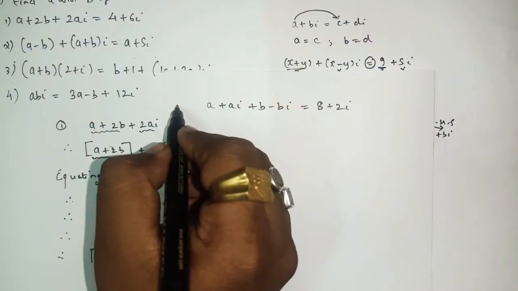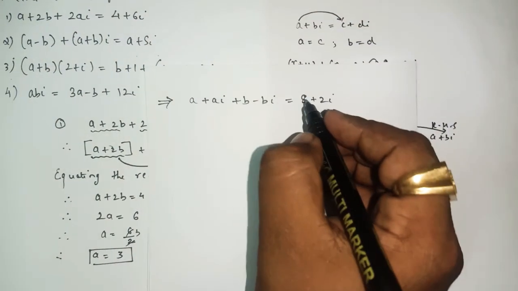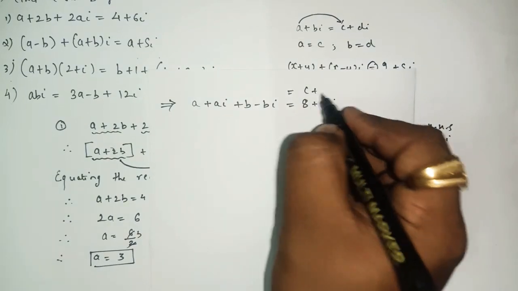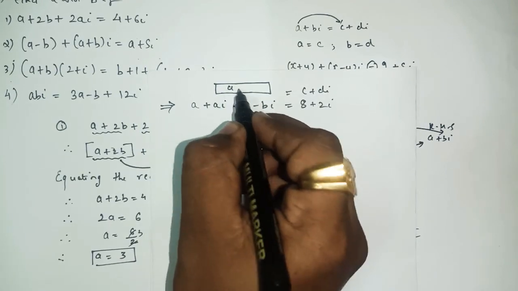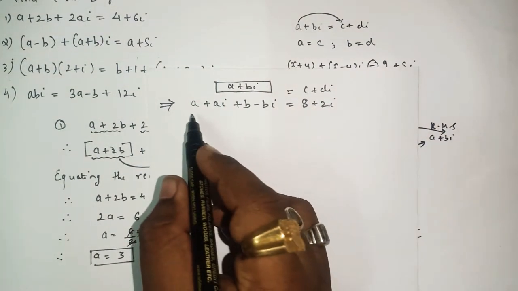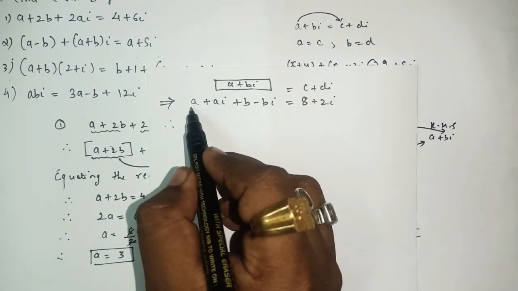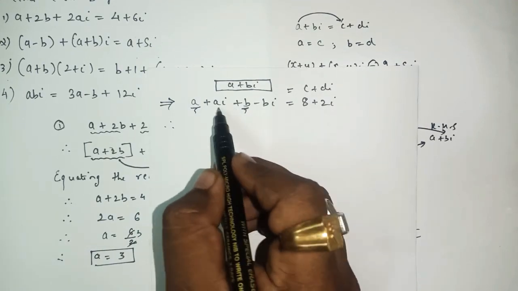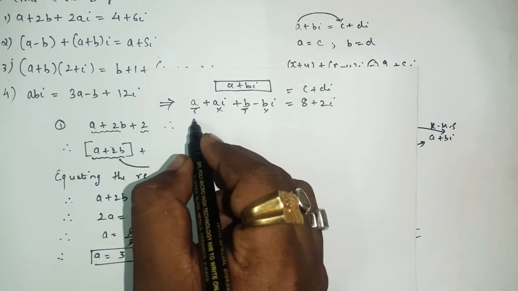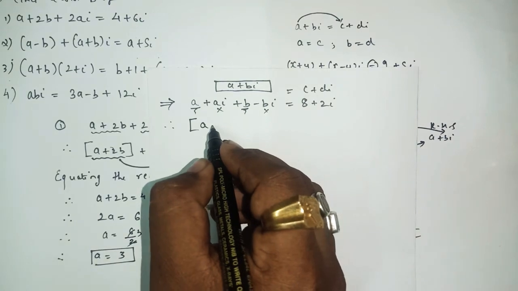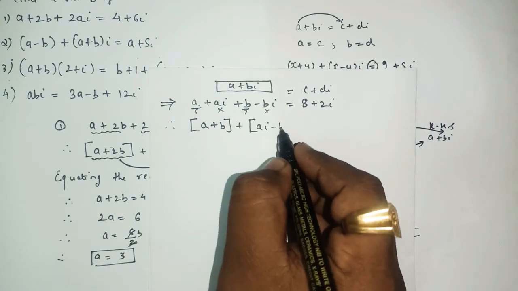Okay, so let's take this sum. In the left hand side there are 4 terms and in the right hand side there are only 2 terms, and clearly we can see that the right hand side looks like c plus di. Now we have to convert this left hand side part in the form of a plus bi. Here we have 4 terms in the left hand side. There are two terms without i and two with i. So we'll make a pair of the like terms, the term without i and the term with i, yes or no.